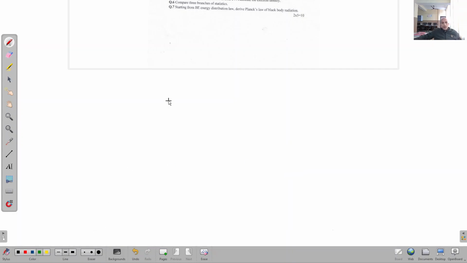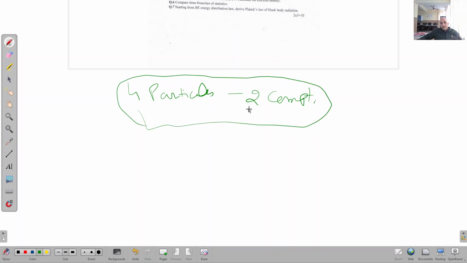In our book, you are given the problem of distribution of 4 particles in 2 compartments, right? And you have solved this problem, and you have found the number of macrostates, microstates and